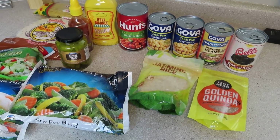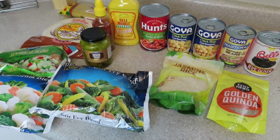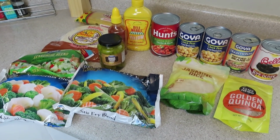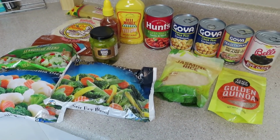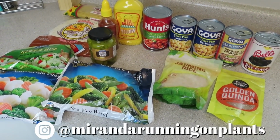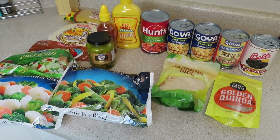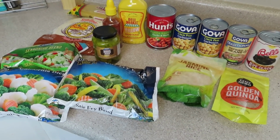Okay, welcome to the next $3 dinner series, but this time I'm giving you 5 different dinners for $3 each, and I shopped at the dollar store, so Dollar Tree edition. Everything that you see here you can get at any grocery store. Prices may vary. I went to the dollar store because I thought it would be a fun challenge, plus I